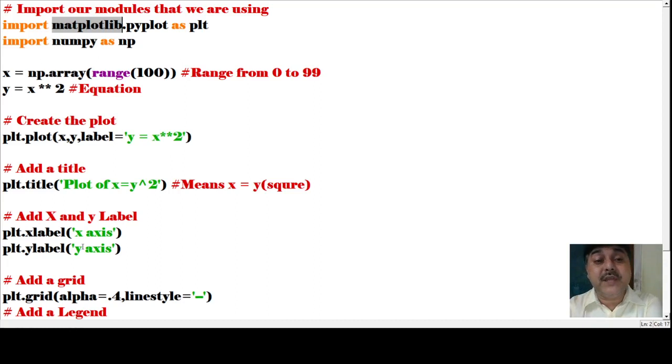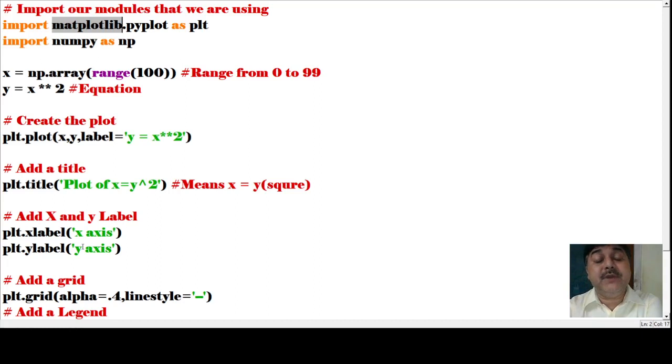The name of those files is modules. How do we bring them? In C we bring them like hash include, but here we bring them with an import. Import matplotlib.pyplot as plt, and import numpy as np.